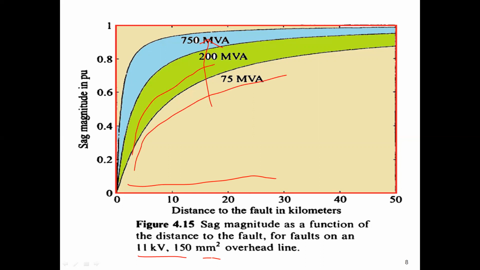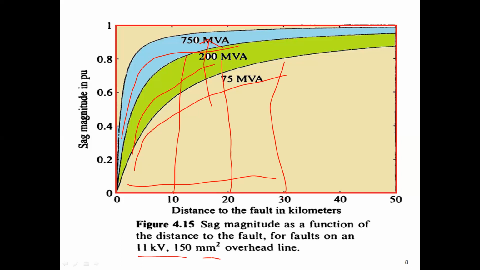So from this, you can conclude two things. As the level is increasing, the sag magnitude is increasing, and also, as the distance is increasing, the sag magnitude is increasing. The other thing you can try to observe here is this is 10 kilometers, distance is in kilometers, this is 20, this is 30. And compare for all the different distances, 10, 20, 30 kilometers. What you can observe is the fault